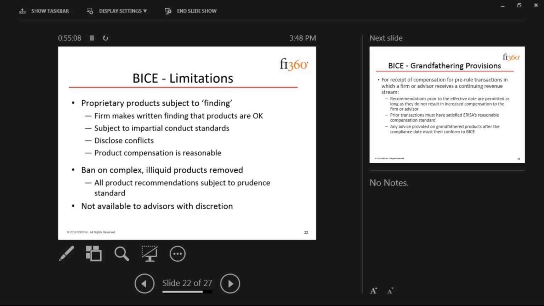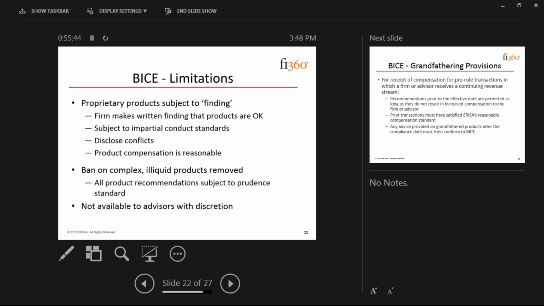The complex illiquid products in the proposed rule last year, those were off the table. They were concerned about a participant, IRA holder or beneficiary being sold a product that just was not suitable to them, too complicated, too expensive, too illiquid, etc. So they basically said you can't sell those products in these types of investment vehicles. But they backed off that. They got a lot of pushback from the industry. So again, to their credit, they backed off and said, we're not going to put any limitations in place, but